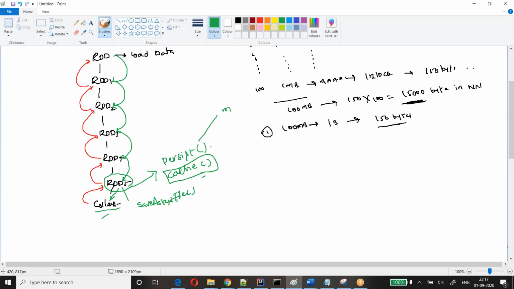So the major difference between persist, cache, and checkpoint: persist and cache will store the data as well as the lineage graph. The checkpointing directory will not store the lineage graph. Cache and persist will do the computation only once; at that time it will return the data as well as store the information in memory, or disk, or wherever it is.